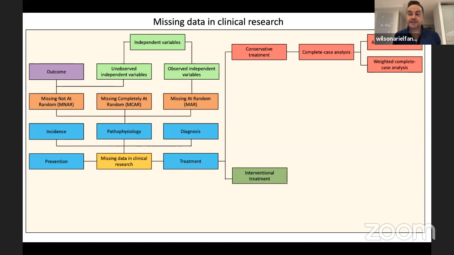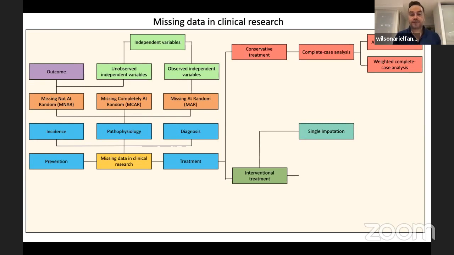By which I mean that for those patients that had all the variables, they are going to have more weight than for those variables that didn't have the complete data set. This is another strategy, but to be honest with you, none of them are recommended nowadays. And the reason for this is because we have options for the